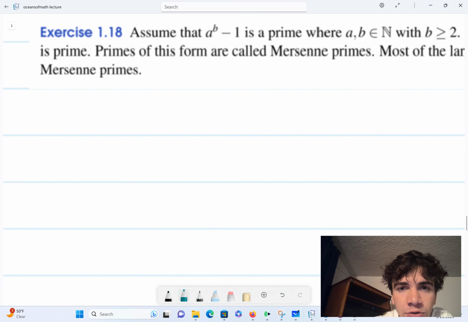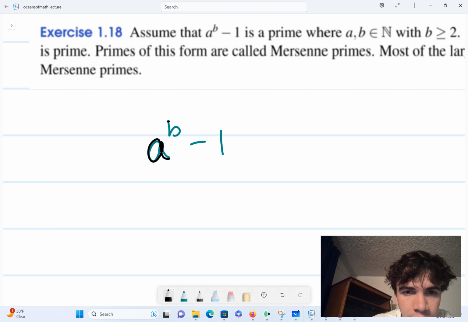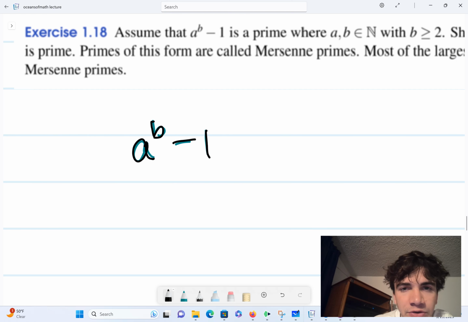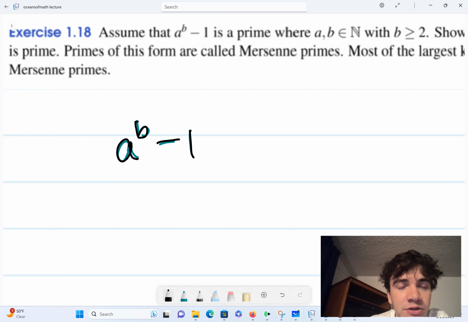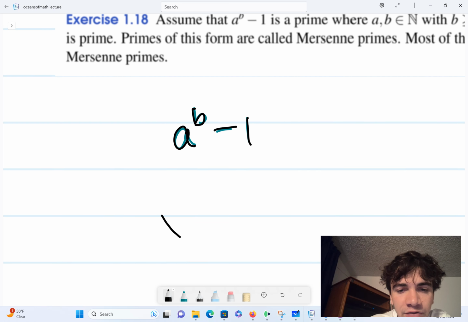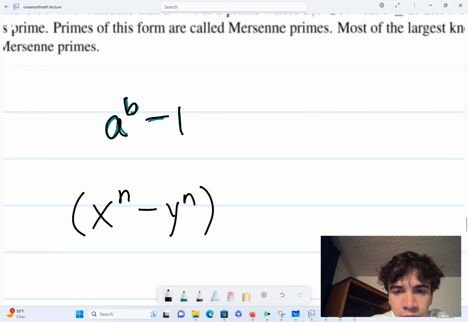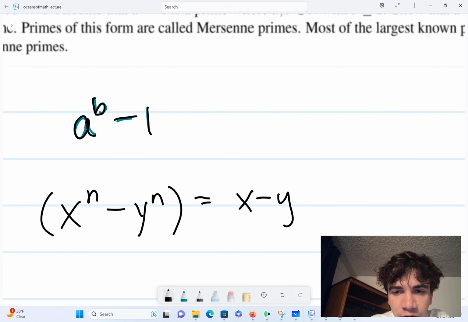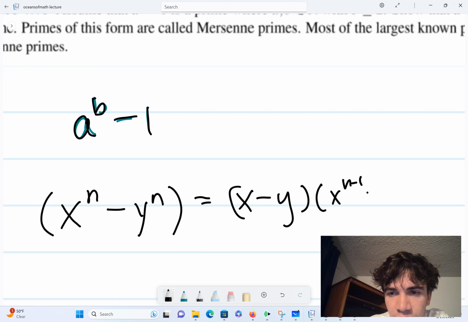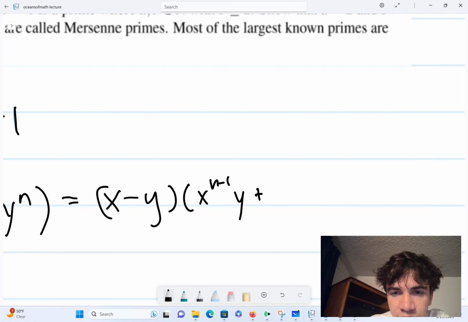Okay, so let's consider the expression a to the b minus 1. Immediately something should jump out at us, and that is that we can factor this expression explicitly. In general, if I have a difference of nth powers, x to the n minus y to the n, this can be written as x minus y times